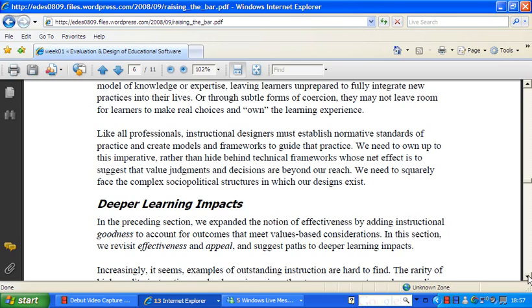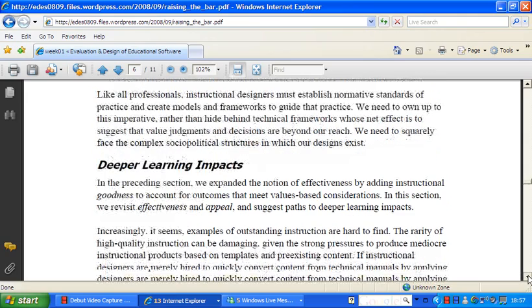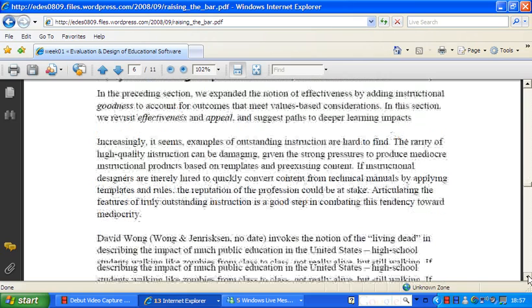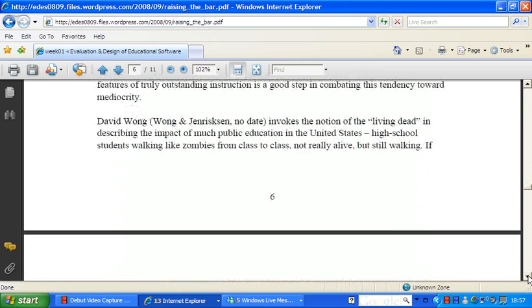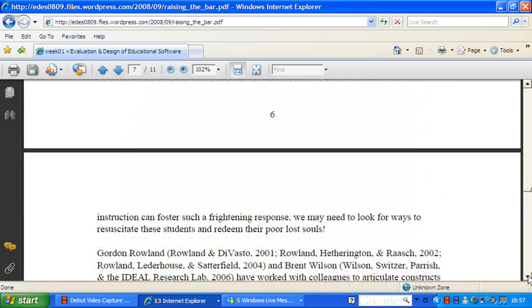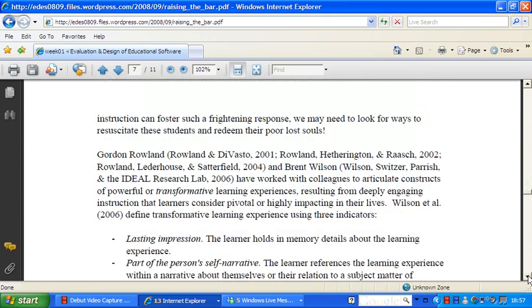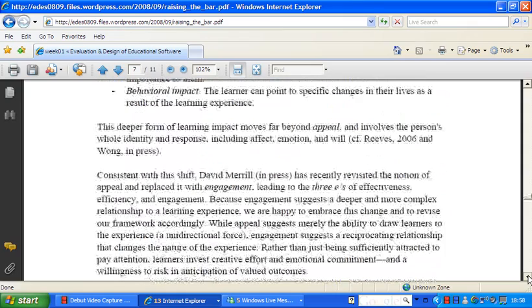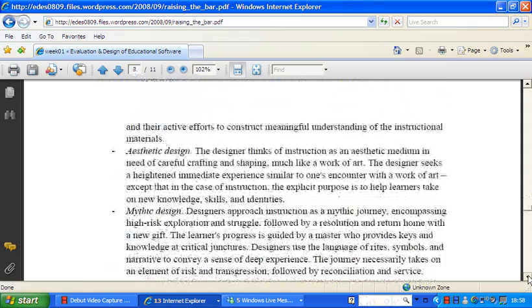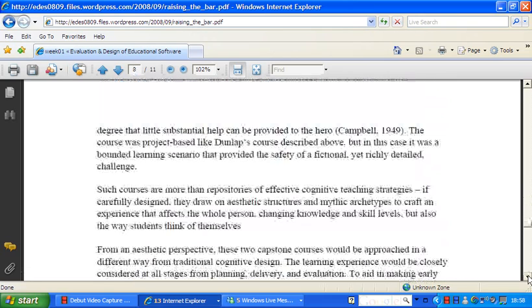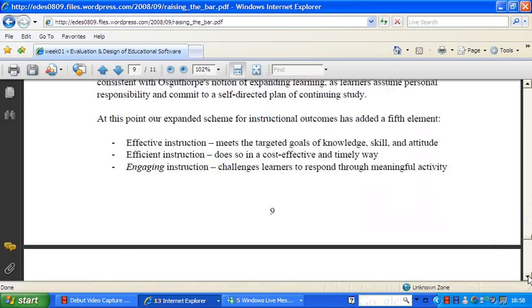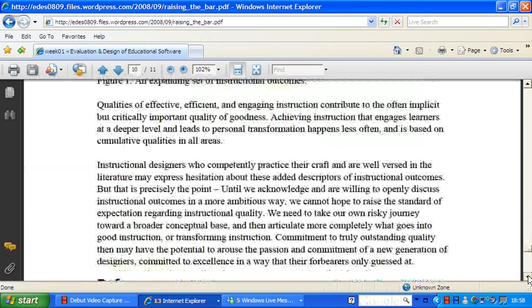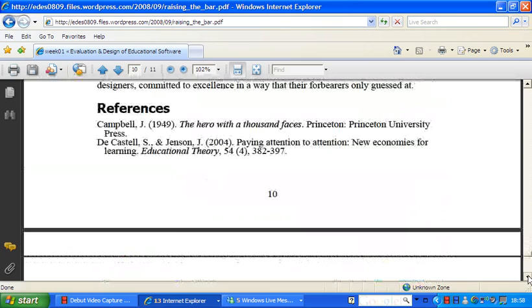As long as you have confidence in your own abilities, it really does become easier to use. So I think in